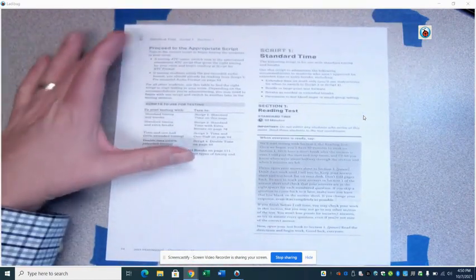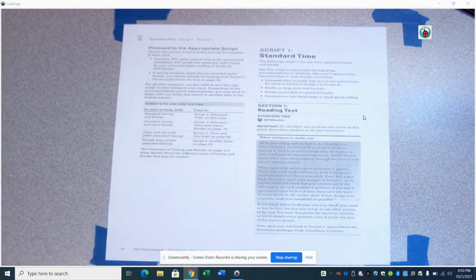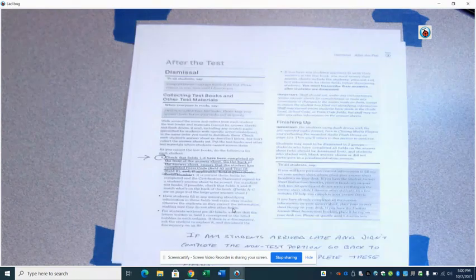At this point, then, we are done with the pre-test, and this is where script 1 starts. We're going to take a short pause here. We're going to skip the scripts, and we're going to go to the after test, which is, again, the same for everyone. Hello, and welcome to the after test portion.